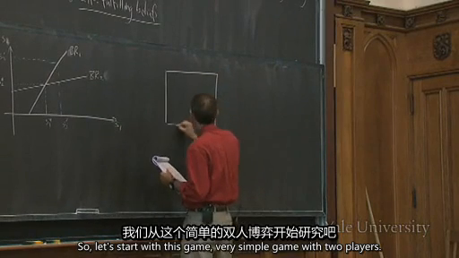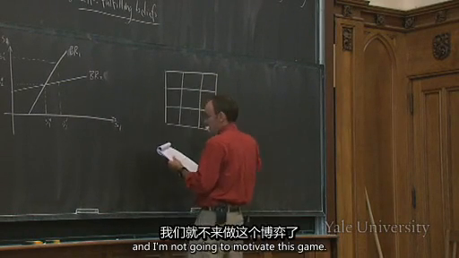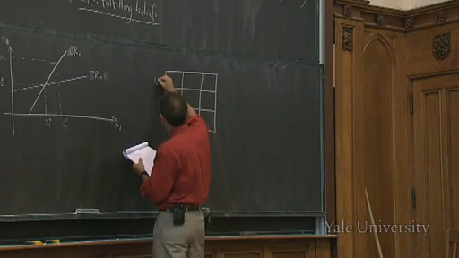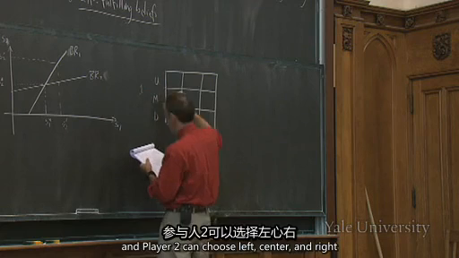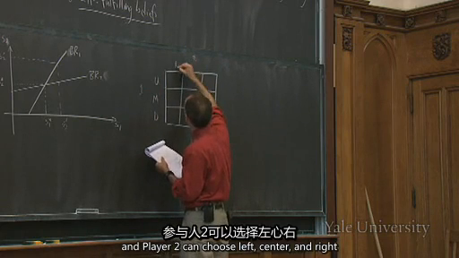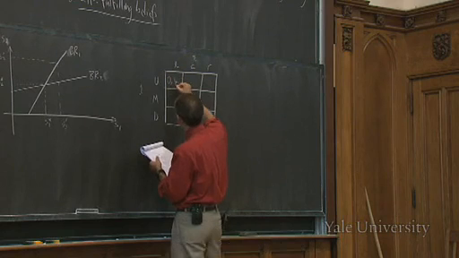Very simple game with 2 players. Each player has 3 strategies, and I'm not going to motivate this game, it's just some random game. Player 1 can choose up, middle, or down, and player 2 can choose left, center, and right, and the payoffs are as follows: 0-4,